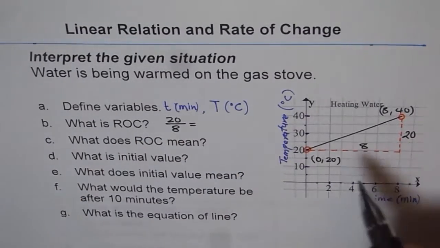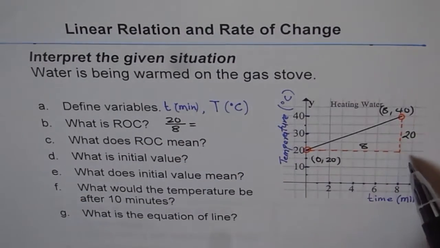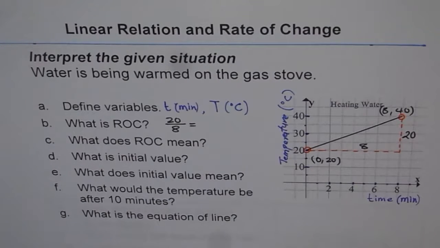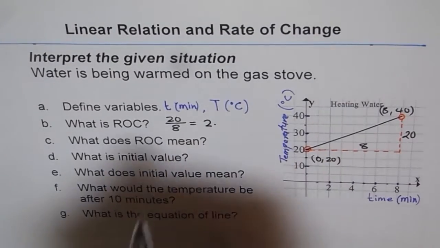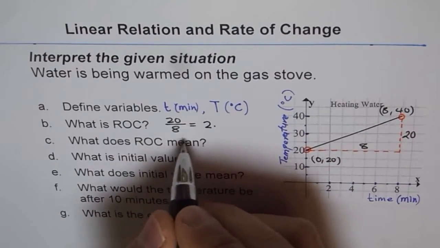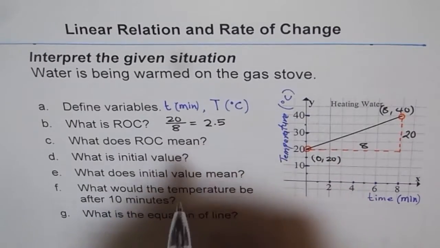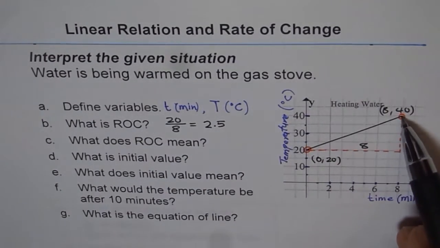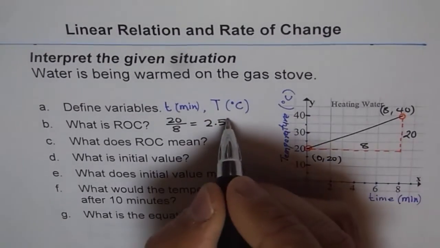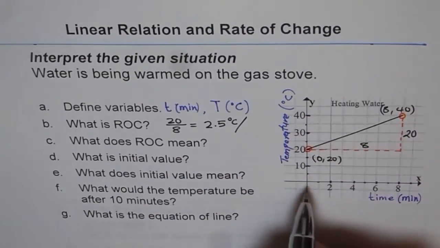Correct? Since the line is going upwards, we see the rate of change is positive. It's kind of a check, right? Always see, if the line is up, the rate of change has to be positive. So 8 goes 2 times, 16, and then we have 4 left, so 0.5 times. So we get 2.5. Rate of change units are change in y, which is degrees centigrade, over change in time,